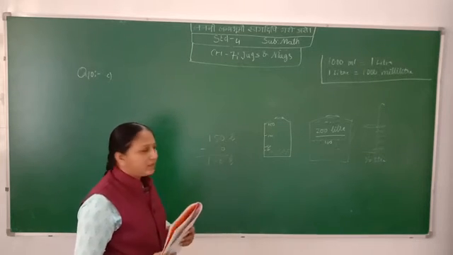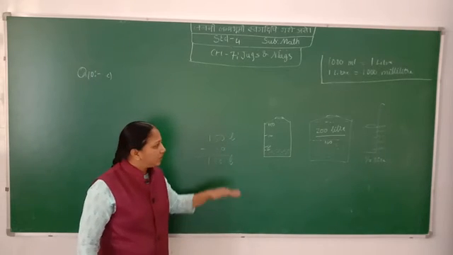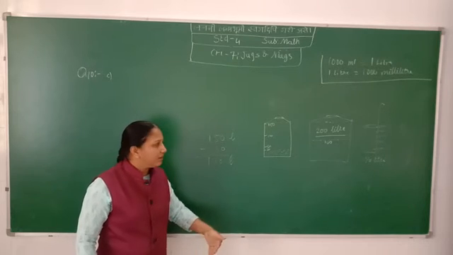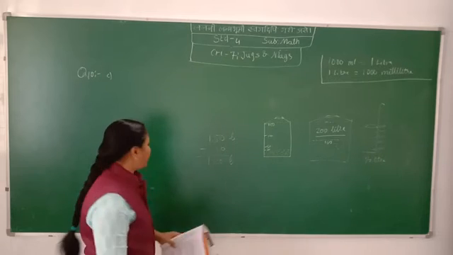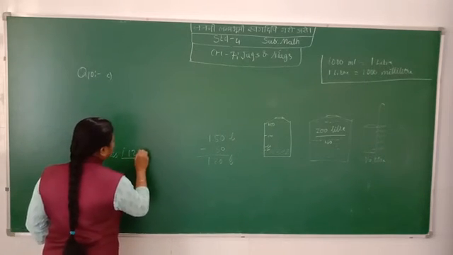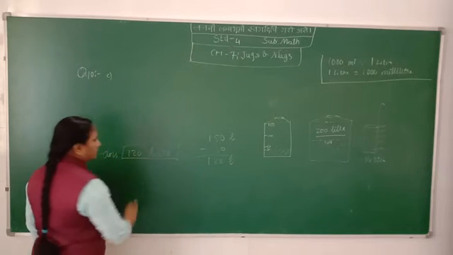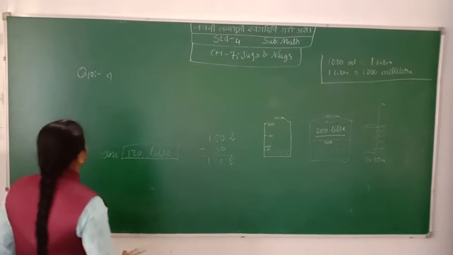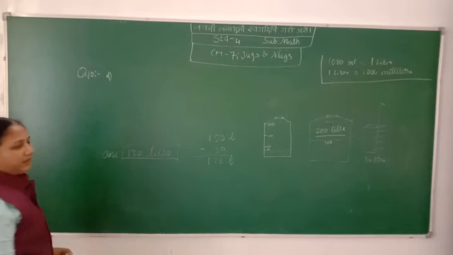Okay, it is a very easy question. We have already filled 30 liters of water in the tank. So total capacity of the tank is 150 liters. Already it is filled 30 liters. How many liters are remaining to fill? 120 liters. So the answer will be 120. Is it clear? For question number D, answer will be 120 liters.